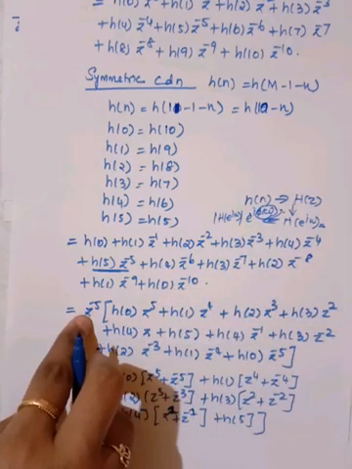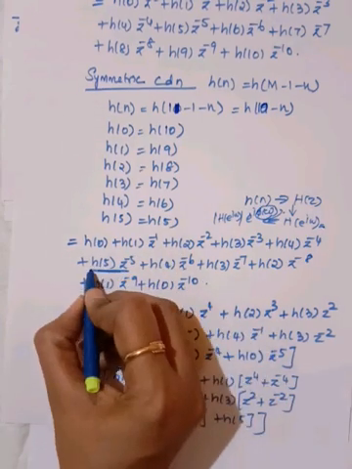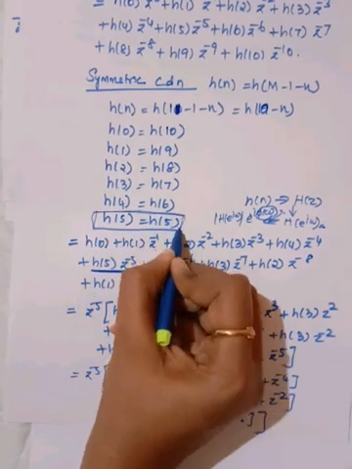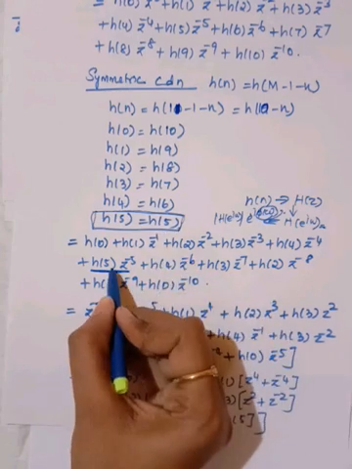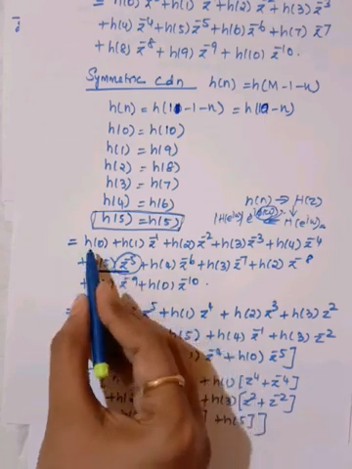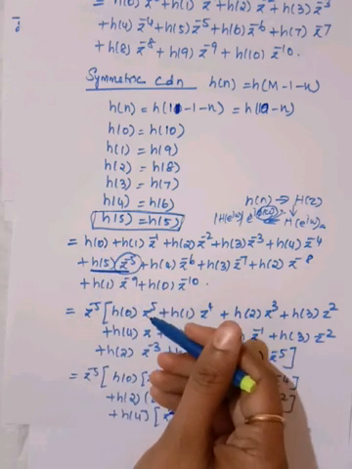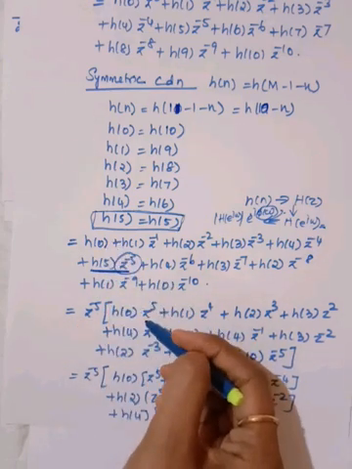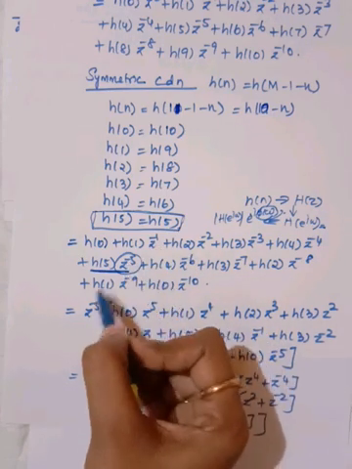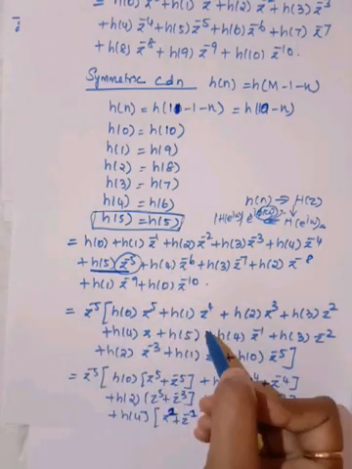Now how can I take a value outside here? In this case we need to consider the coefficients which do not have an equivalent value with another coefficient. So h of 5 is equal to h of 5. Now I am taking the coefficient of this outside, z power minus 5, so h of 0. When you take z power minus 5 outside, there is e power 0, so in order to equate this, I need to put z power 5. Here I am having minus 1. When I take this minus 5, I need to put z power 4, so when I multiply, I will get z power minus 1.